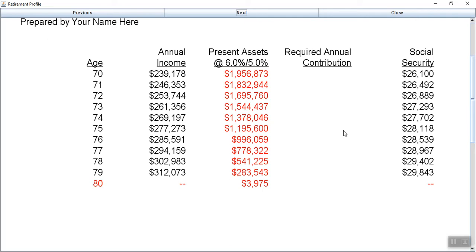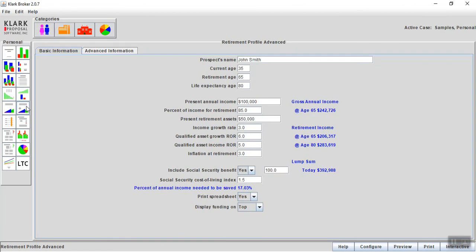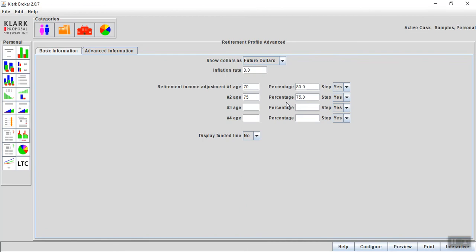Now, one other thing we can do here is I want to close this, and I just want to step to the right to the Retirement Profile Advanced. So it's the 5th icon down the right-hand side. And what you're going to see here is the same exact inputs on page 1. In fact, we have the same inputs here, but we have a different amount in what needs to be saved. And that's because we have a second page here. So again, he's at age 65 is when he wants to retire, and his life expectancy is age 80. When you go to page 2,